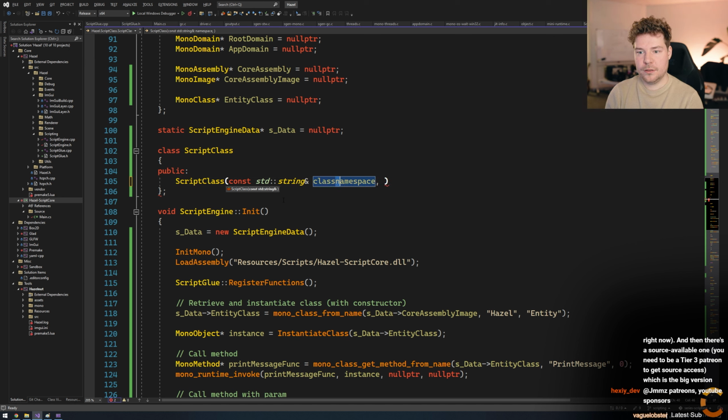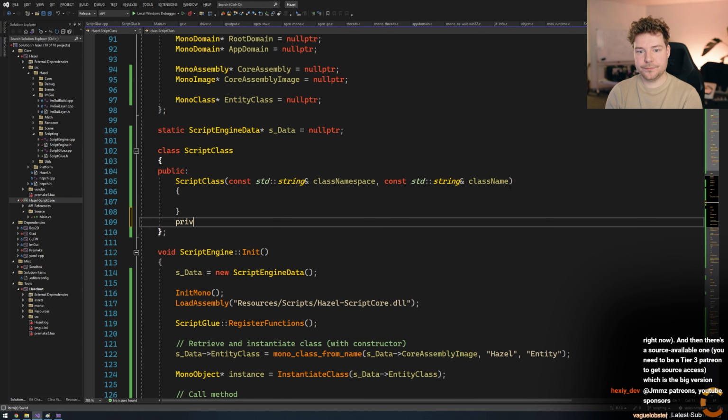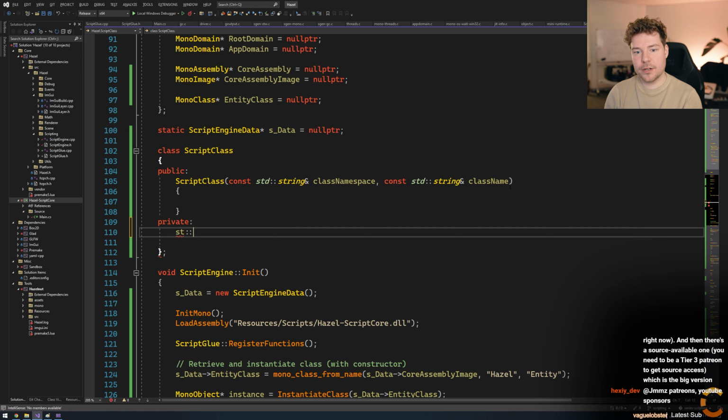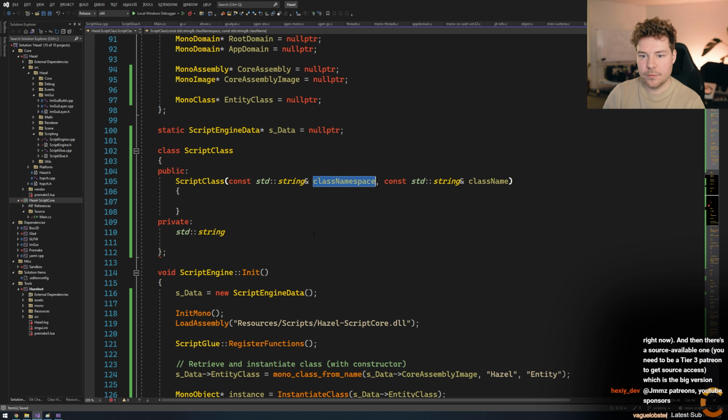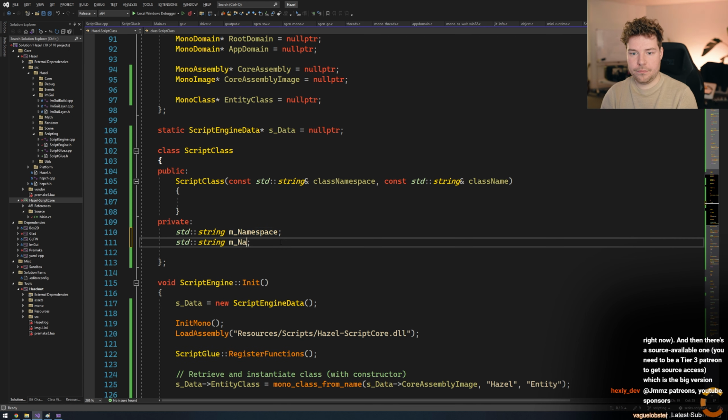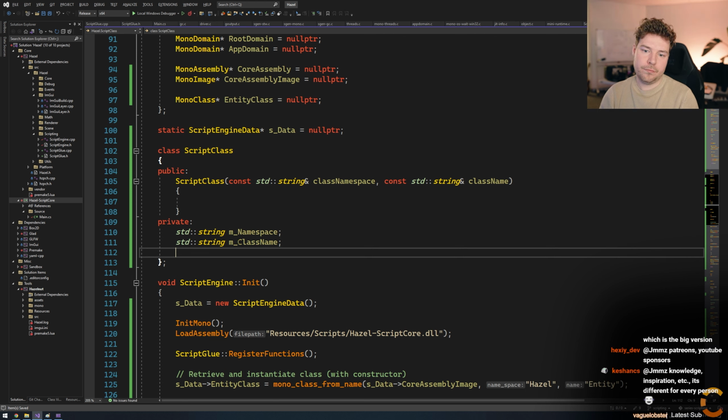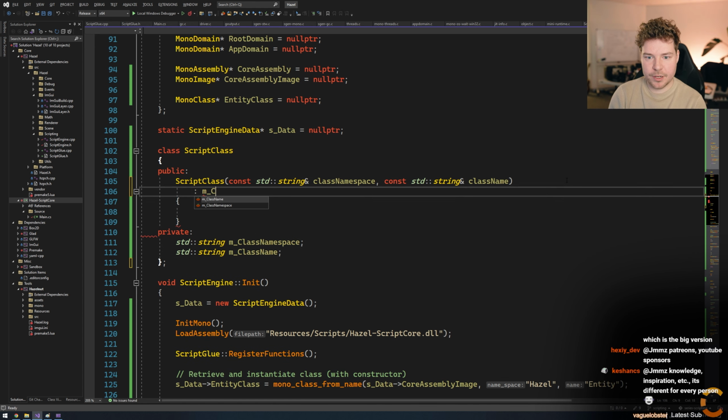Namespace. What does Mono even take in? Just a const char. Yeah, we'll do that. Class name. Now I want to store these actually, because that'll be useful for debugging.